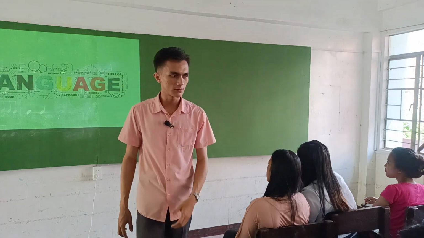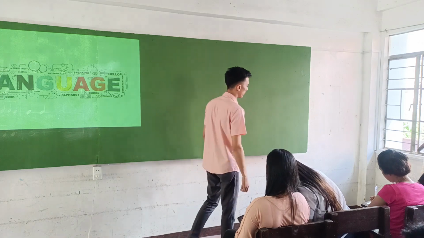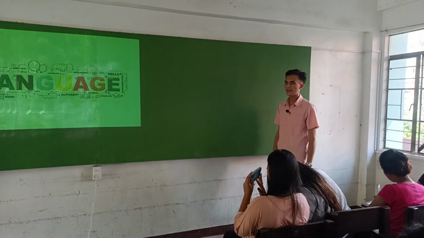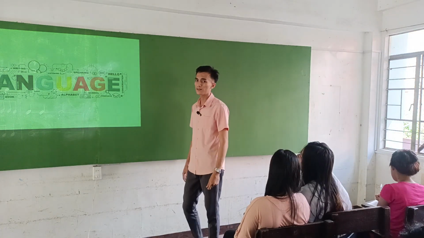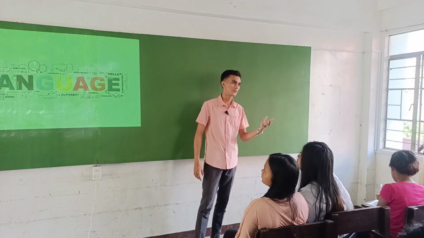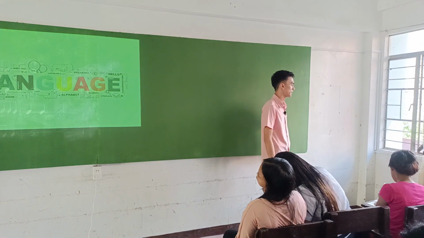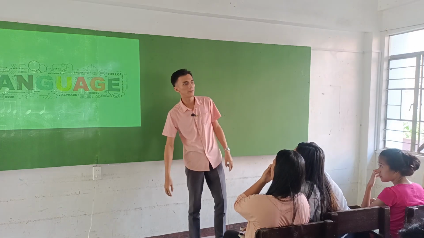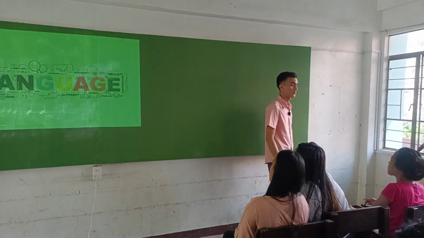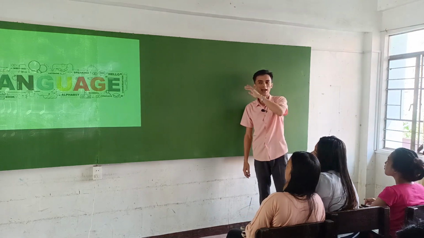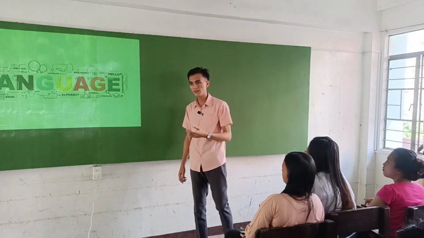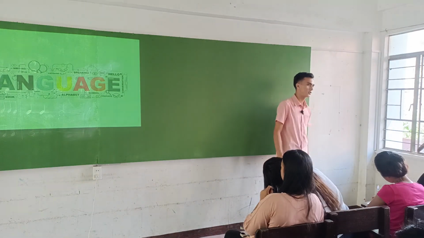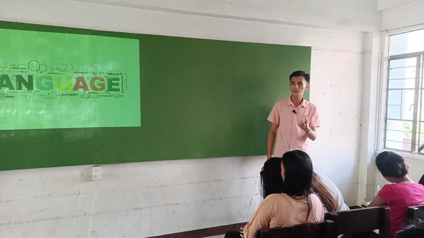The language is composed of many different types of grammar and, of course, linguistic features. By language, I mean it does not only refer to vocal language and written language, because there are languages used by the mutes. We have sign languages, and we also have written languages, as I said. But one of the characteristics of language is that language is primarily vocal. Language is primarily vocal, meaning to say that when we talk about language, we can clearly identify language through